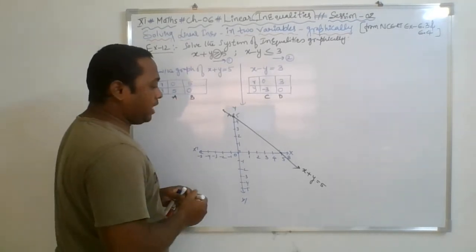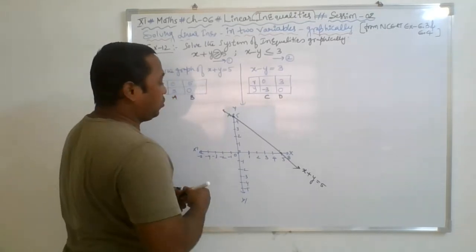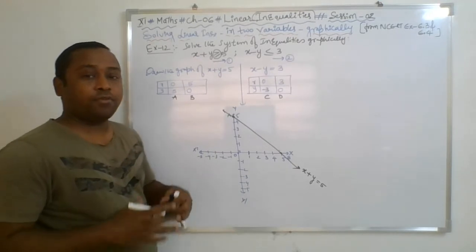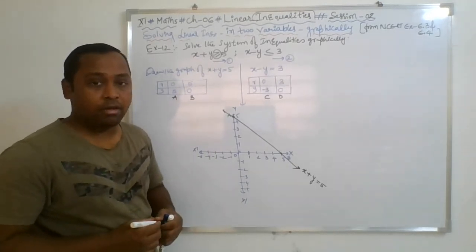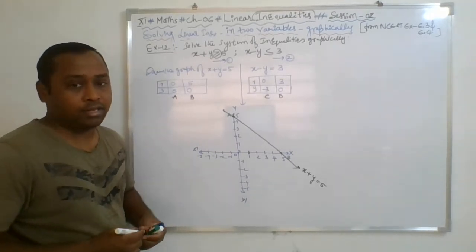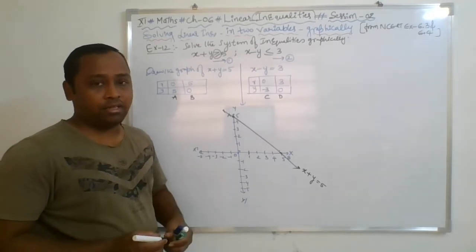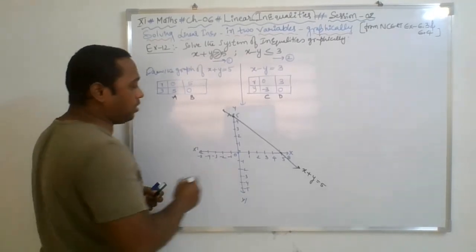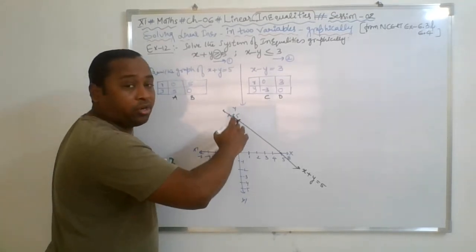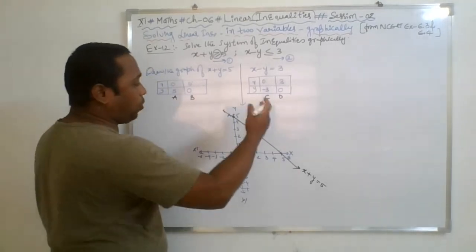Now you need to shade either the upper part or the lower part. So you may think orally, okay, instead of drawing the observation table, you may also save your time. It's according to your understanding. If you are confused, then go with the process. You will definitely get the proper idea about the solution region. Whether you need to shade the lower part or the upper part, you need to take 2 points, right?